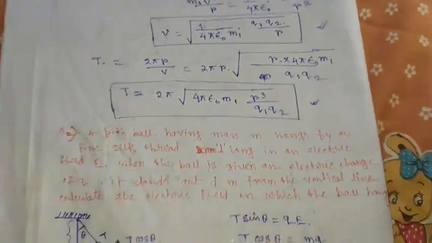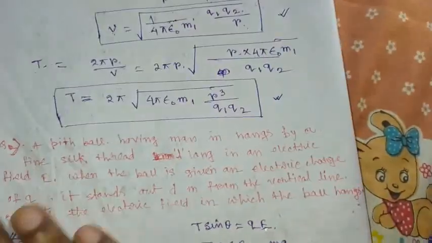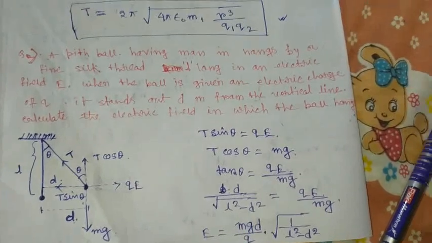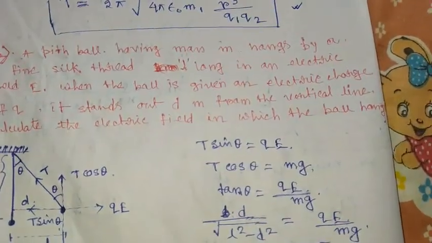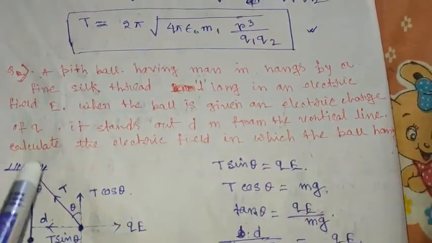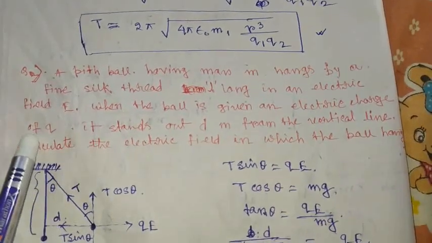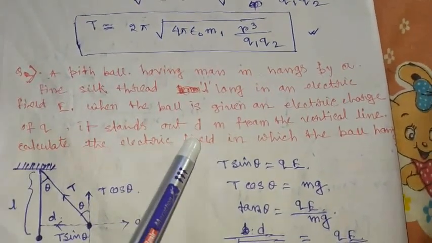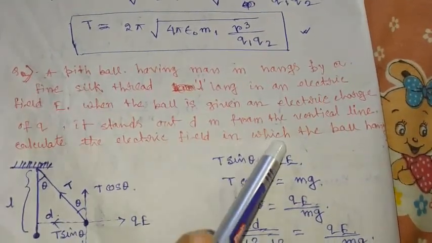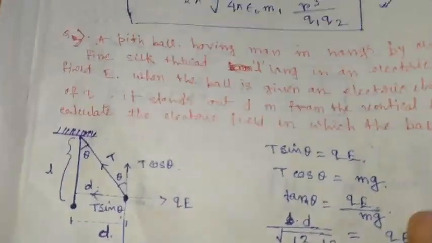Now moving to the next question. A pith ball having mass m hangs by a fine silk thread of length L in an electric field E. When the ball is given an electric charge Q, it stands out d meters from the vertical line. Calculate the electric field in which the ball hangs. Now the question is,